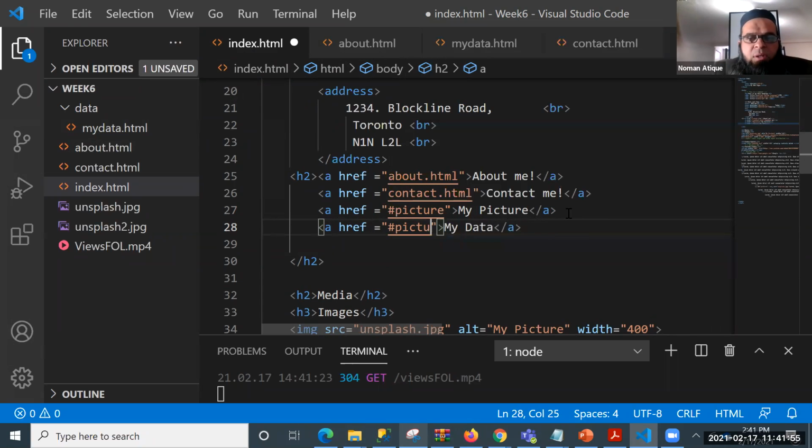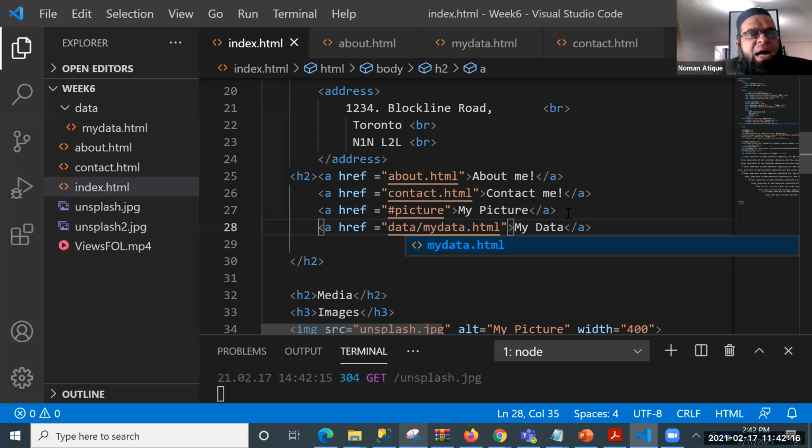Now, the usual way is that we just directly give the name. But here we cannot give the direct name. Rather, we need to give a relative path to it: data/mydata.html. Everyone getting that? Data/mydata.html. Why is it that?